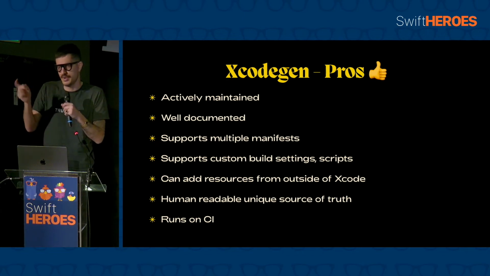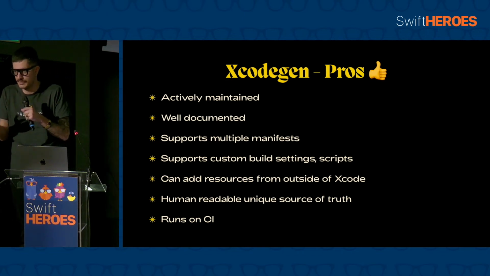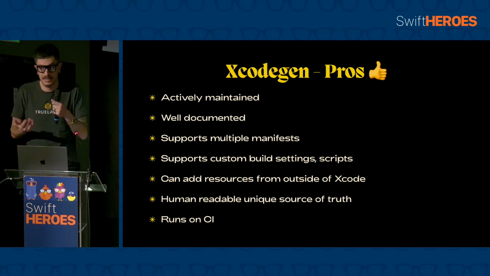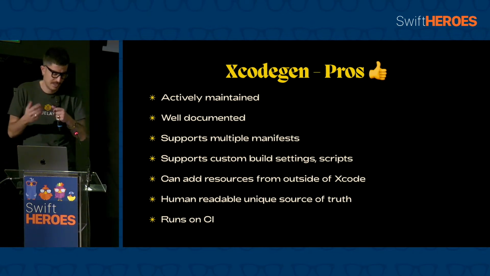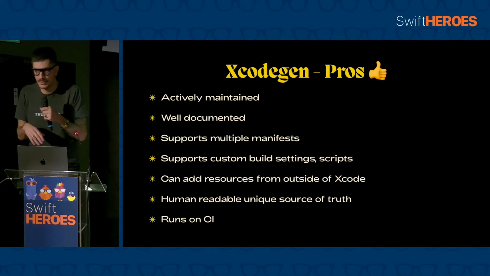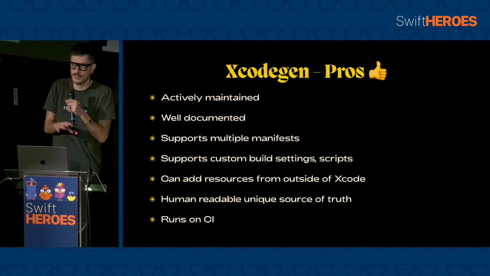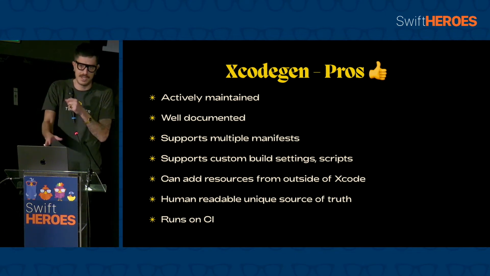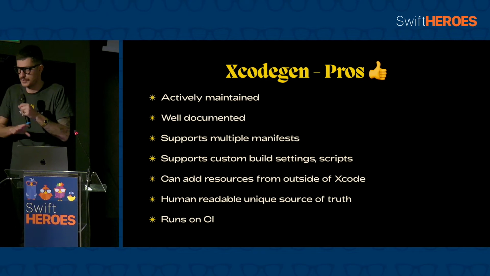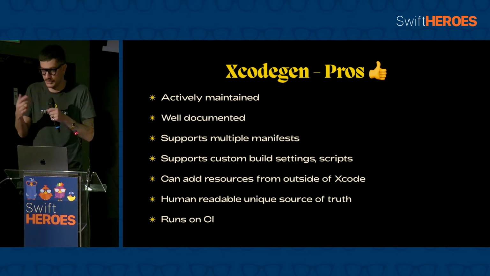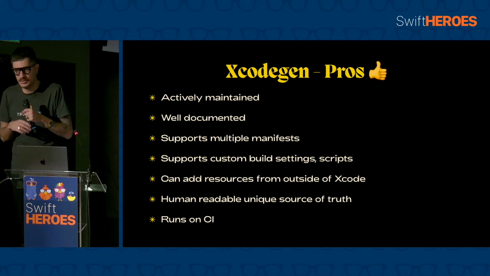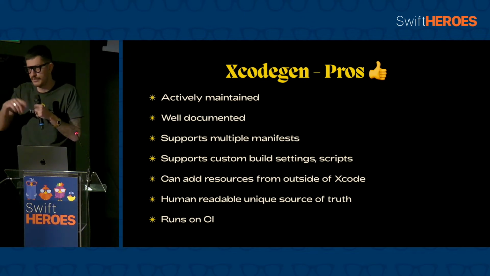With this, you can just drag and drop, run XcodeGen, and you have your stuff up and running immediately. It's humanly readable. I mean, YAML, it's still meh, but it's readable. And you have a single source of truth. So you have one place where, if you have any doubts about what target we're supporting, what's the name of this, what's the name of that, you have one source of truth for all of your stuff that you can actually read. And again, it runs on CI,